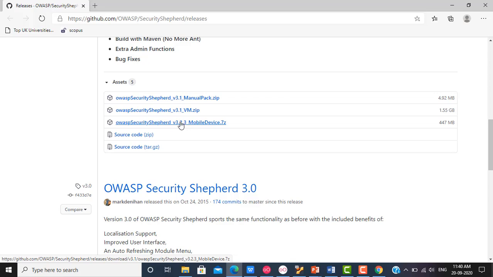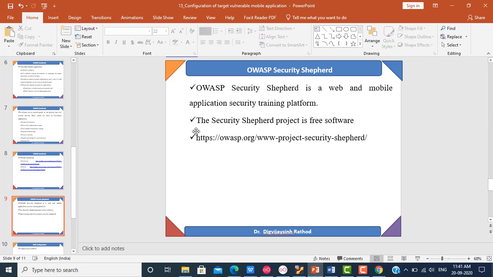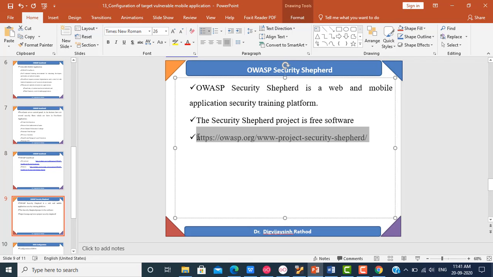But remember one thing, the security safeguard is not only meant for Android or iOS. The good thing about it is they have given the list of vulnerabilities which you can expect in any kind of mobile application, either iOS or Android. So this is not meant only for Android or only for iOS. It is focused on the general vulnerabilities which you can expect in any mobile application. Okay, now back to our presentation, and we will visit the actual website of